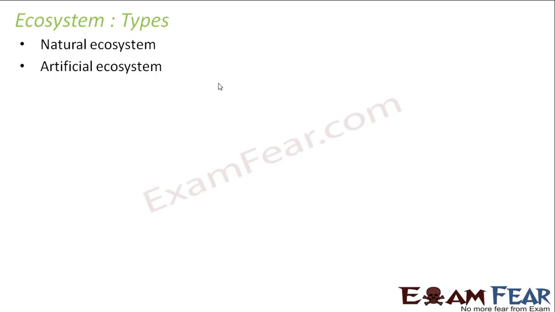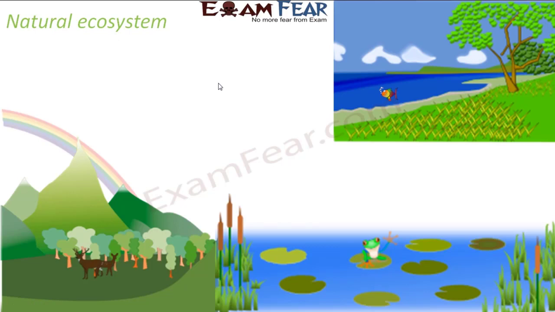So let us quickly see. So what is a natural ecosystem? Natural, that means something which exists in nature on its own. So we do not do anything to make it exist in nature. So natural ecosystem,